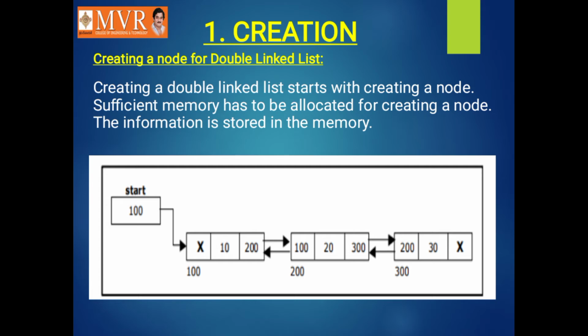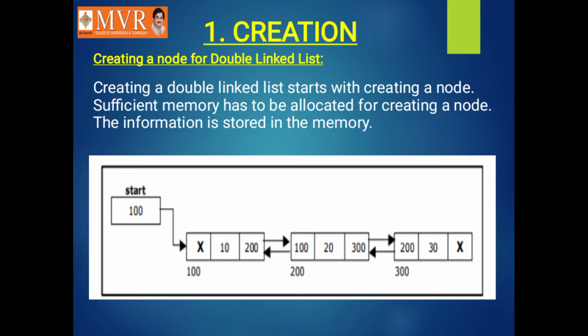Okay, here start, also known as the header node, contains the address 100. As I have told, the header node does not contain any data part, and in the double linked list it does not contain the left link also, it only contains the right link. So only one value is provided in this header or start, that is the address of the first node in the linked list. Here the memory location given in header is 100.